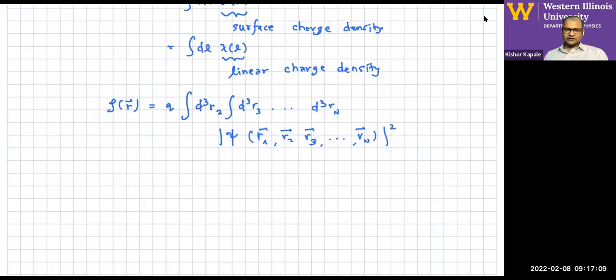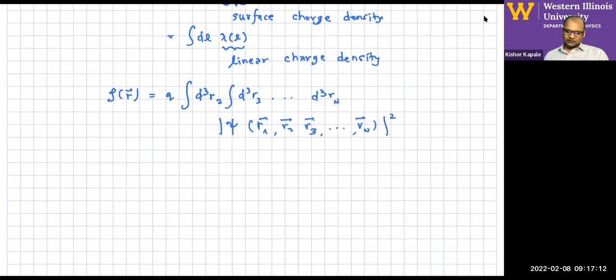So it's the Q times the psi mod square that gives you the total charge density. And we are assuming, of course, these are the coordinates of the n indistinguishable particles